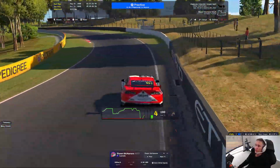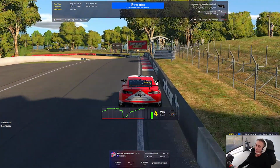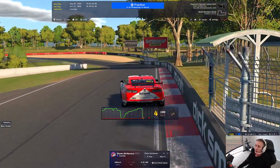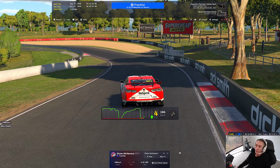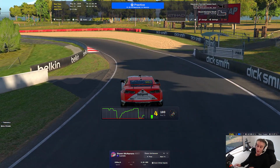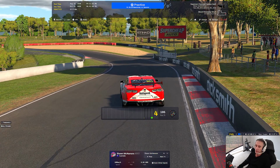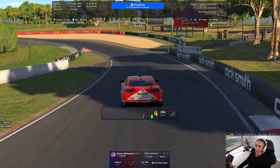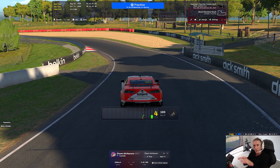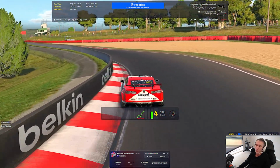All right, so then we get into all this stuff. All right, so over here. So I pick up the throttle very quickly here. And this is where I was talking about the car having a bit of understeer. So you can see straight away the front of the car, if you watch that front, right, so the car's in nice, it's floated over, and then watch the front go away, right there. It just loses grip as it plants. And then I've had to come out of the throttle and then back in the throttle, but it's just not